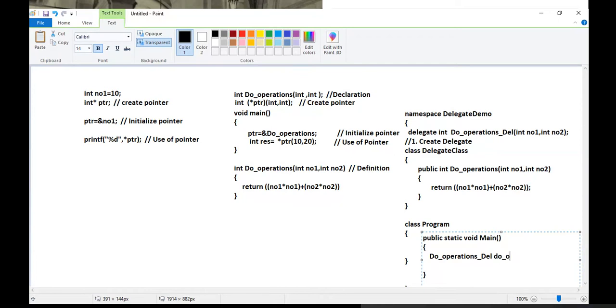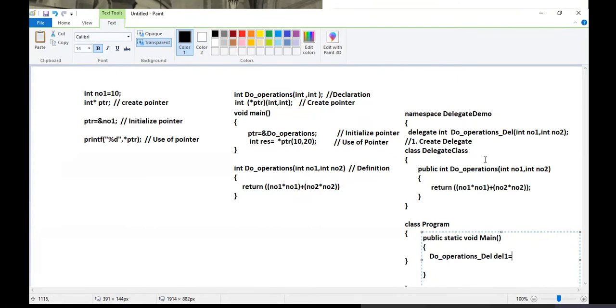Or maybe I will simply write delegate1. It is a reference, and this reference will be pointing to this method. Like this line we are doing in C: PTR equal to ampersand do operations. The same line we are writing in C#. If I want to access do operations, what do I require?